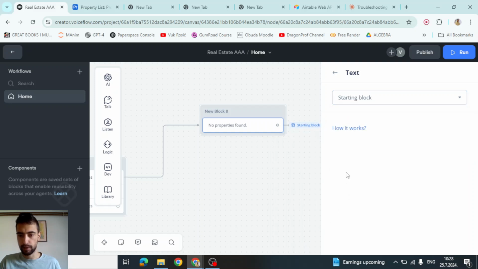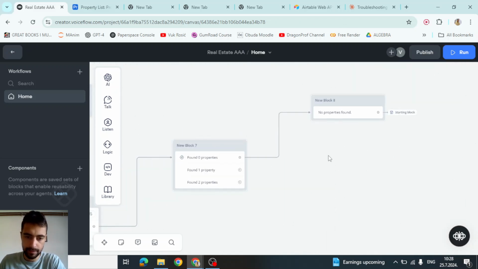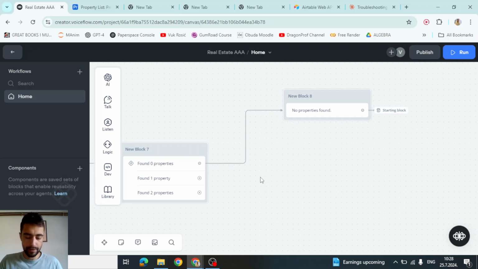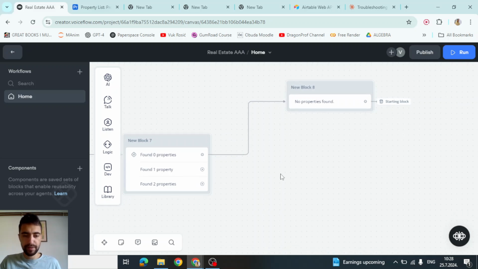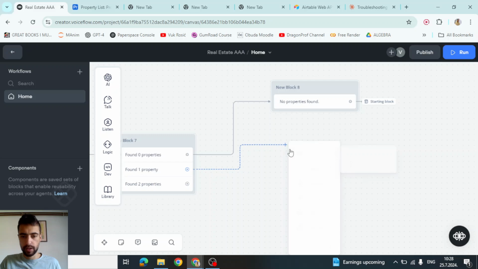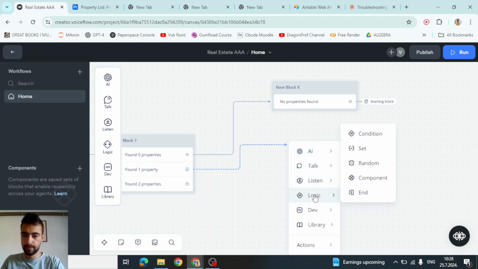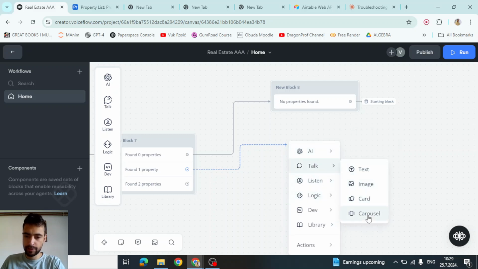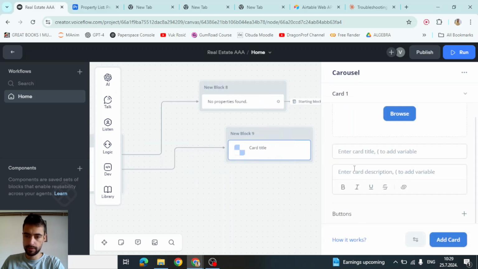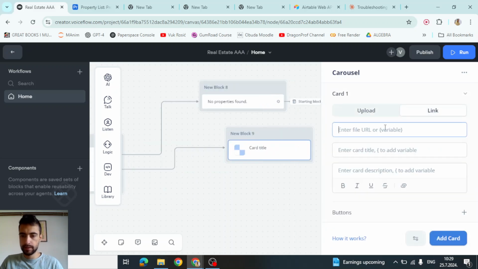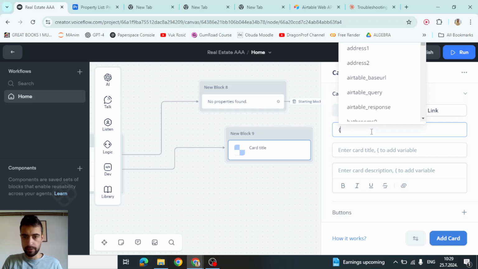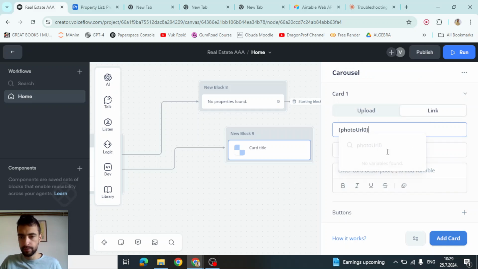I can say starting block. That's it. Okay, and then if there is 1 property found, I'm gonna go to here, I'm gonna say talk carousel, and the link we're gonna say photo URL 0, and then card title we're gonna have